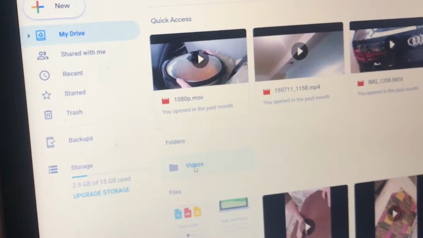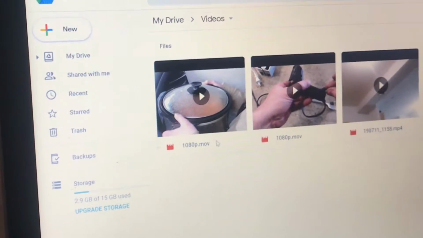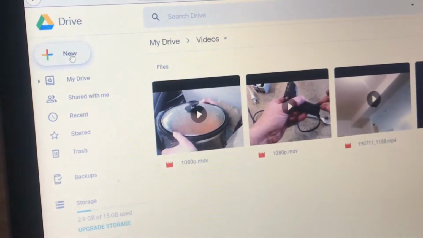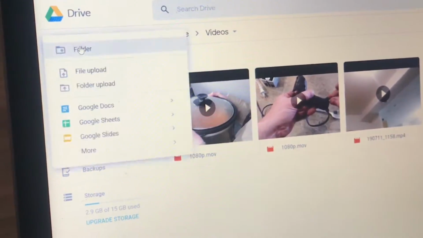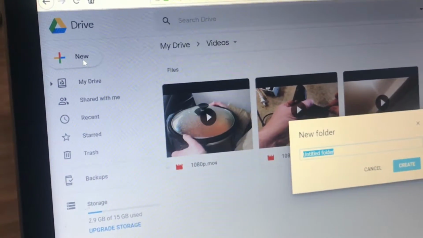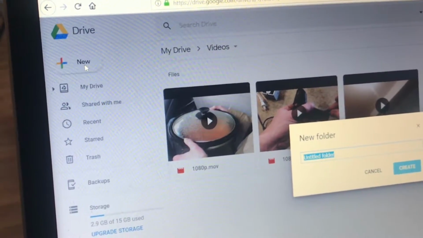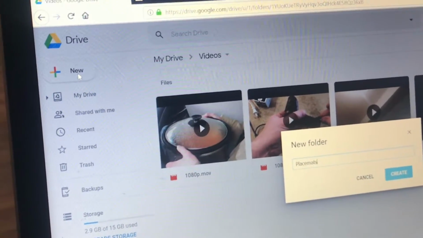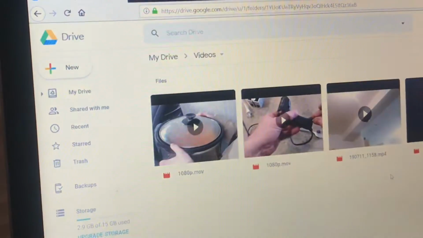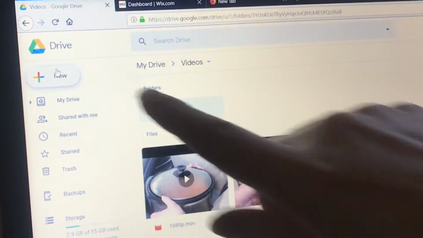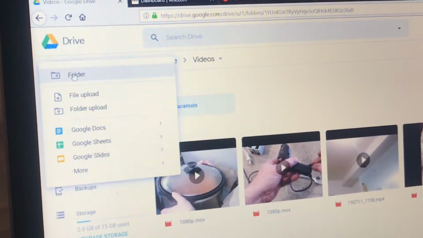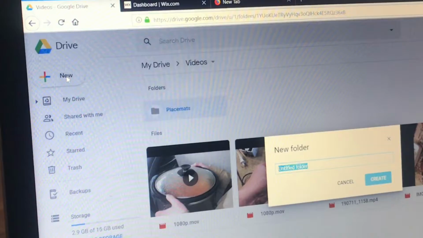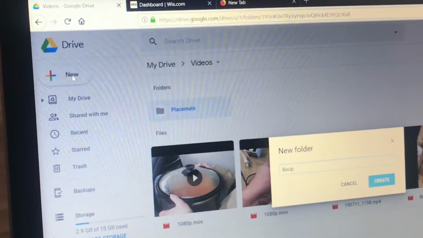Okay, let's say inside this folder now, of course, we don't want all our videos to be together. Just come up and add another folder. And say you want one to be about one topic, making placemats. We're going to add another one. Of course, you get the idea here. Add as many as you want. We're going to say this is recipe